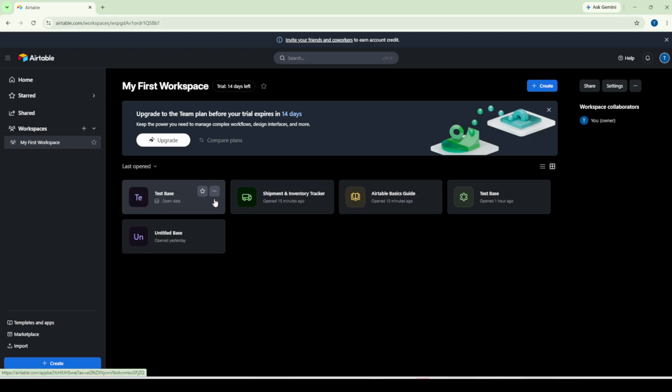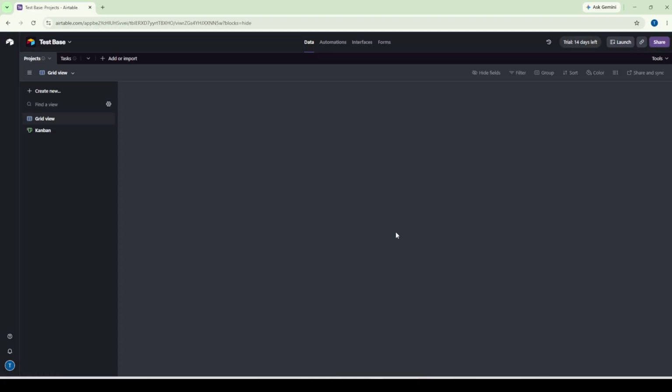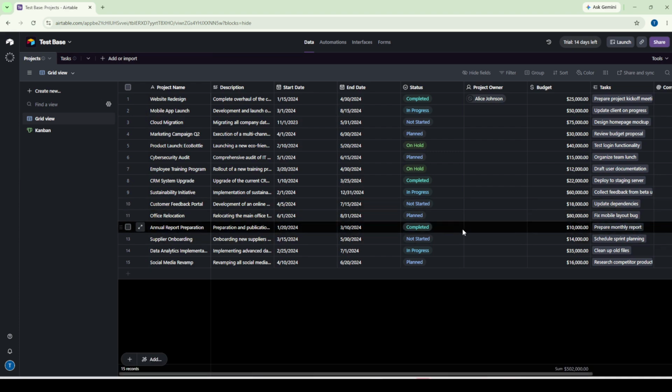Now, let's talk about the heart of Airtable: bases. A base, short for database, is a complete dataset dedicated to a specific project, workflow, or department. Think of it as a whole workbook in Excel, but much smarter. Everything you do in Airtable operates within a specific base, so you'll want to create a new base for each major area of work. For example, you might have one base for client onboarding, another for inventory tracking, and a